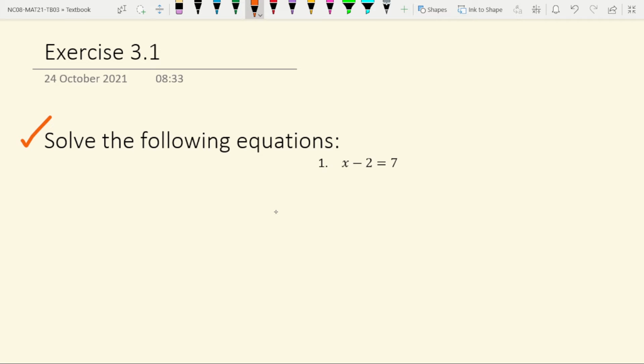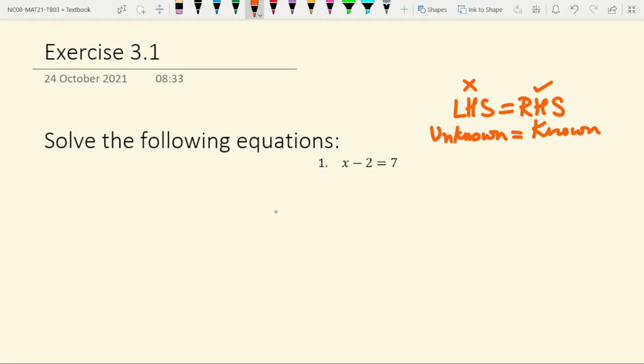Solving the equation means finding the value of the unknown. Here the unknown is x. To find it, first identify the LHS and RHS. There are two sides in any equation. In the LHS we keep all the unknown terms, the unknown variables, and in the RHS we keep all the known terms, meaning all the constants, the numbers whose value we know. We bring all the known terms to RHS and keep all the unknown terms in LHS. So let us begin.